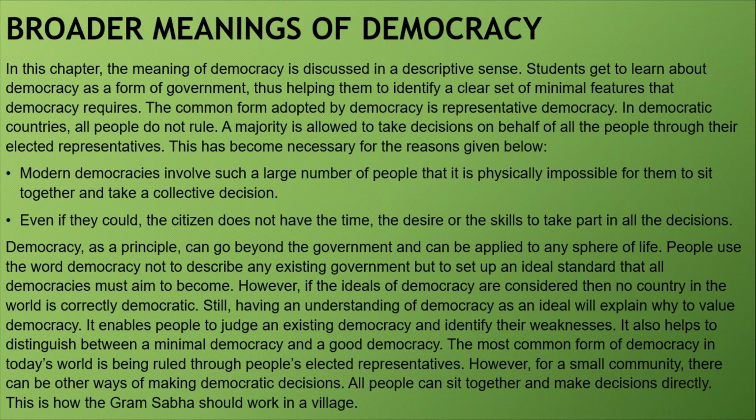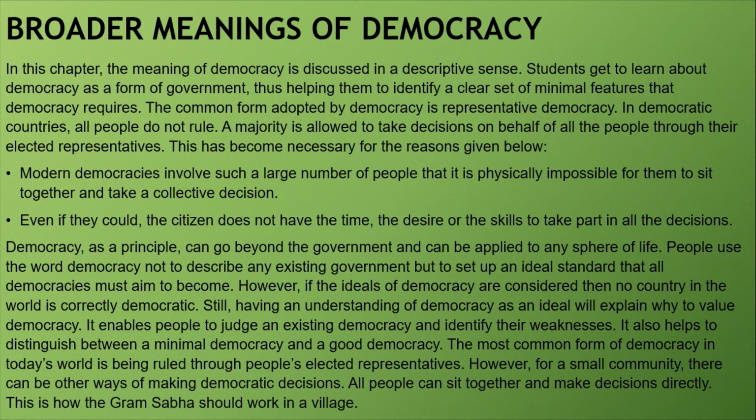Modern democracies involve such a large number of people that it is physically impossible for them to sit together and take a collective decision. Even if they could, the citizens do not have the time, the desire, or the skills to take part in all decisions. Democracy as a principle can go beyond the government and can be applied to any sphere of life. People use the word democracy not to describe any existing government but to set up an ideal standard that all democracies must aim to become. However, if the ideals of democracy are considered, no country in the world is completely democratic. Still, having an understanding of democracy as an ideal